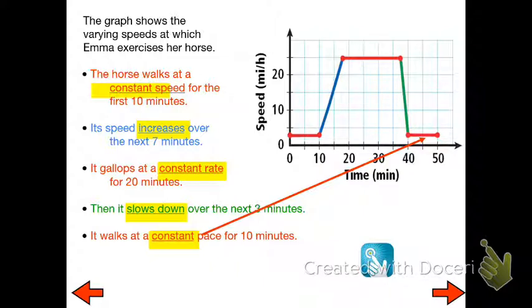So increasing is going up from left to right, decreasing is going down from left to right, and constant is flat, horizontal. Okay, now we're going to go into My Open Math,